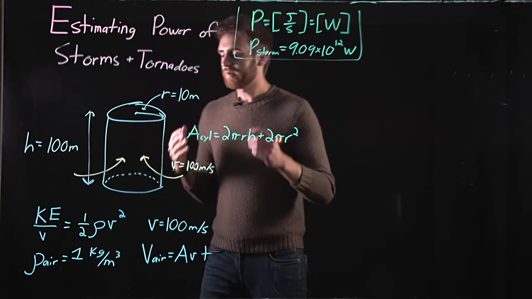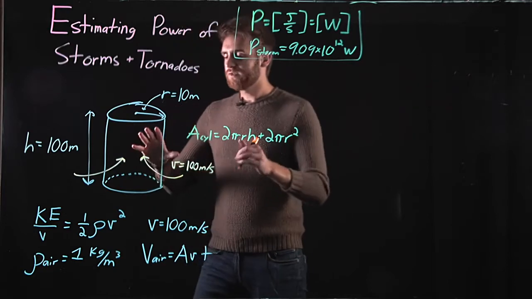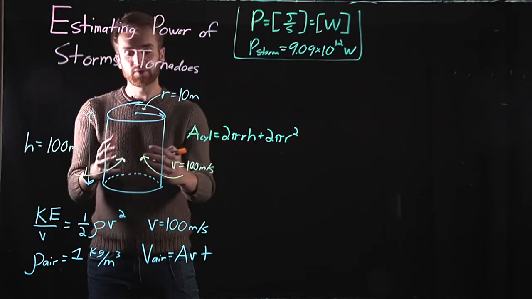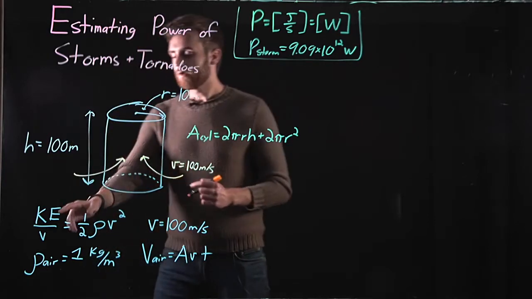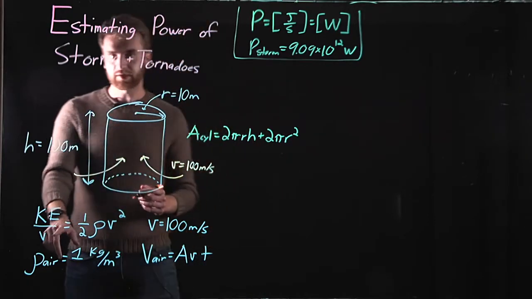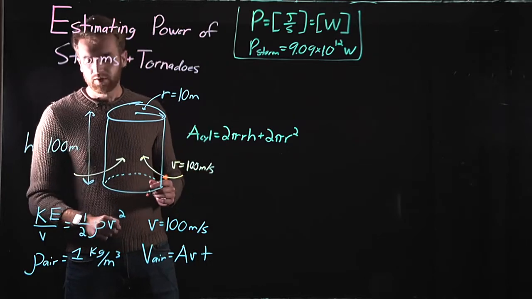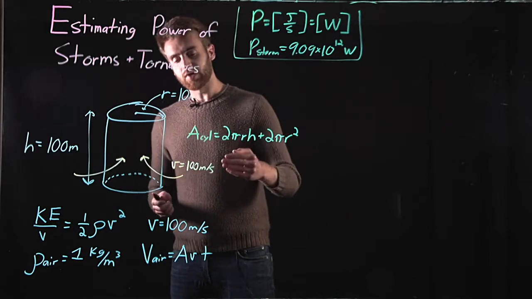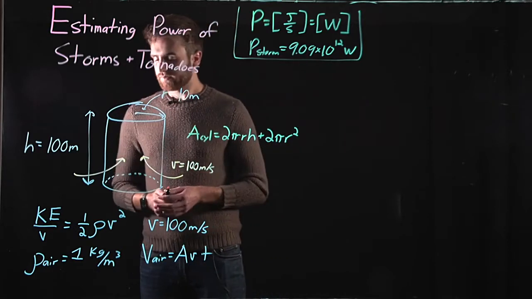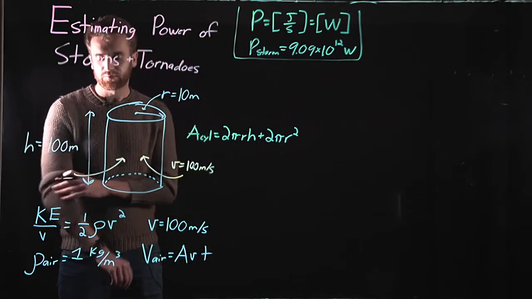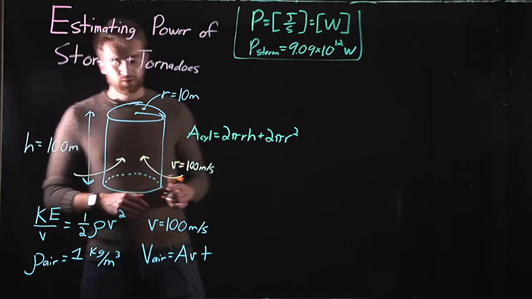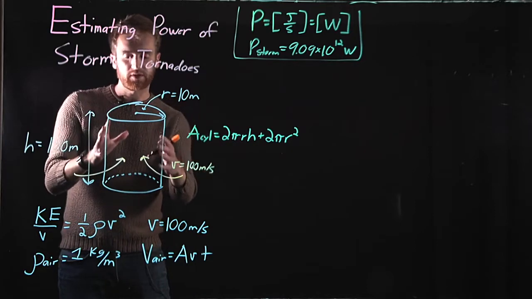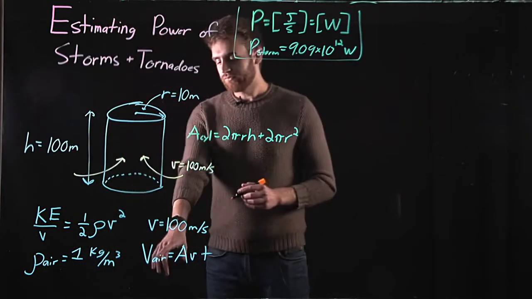So in order to estimate the power, we first need to understand the area, the volume of wind uptaken by the tornado, and then understand how to relate that volume to the kinetic energy of the air. So just a few variables. Let's just say the wind speed velocity is 100 meters per second, and the density of air is 1 kilogram per meter cubed. So let's first calculate the surface area of this tornado,